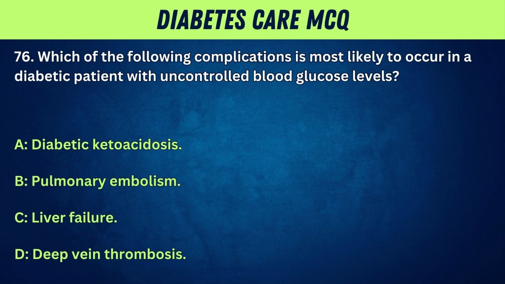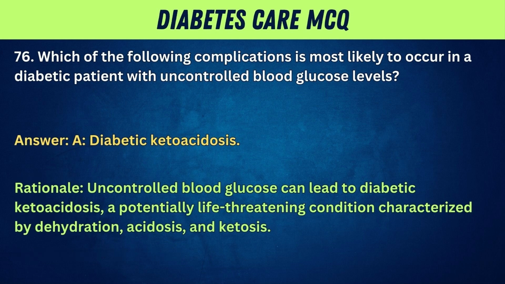76. Which of the following complications is most likely to occur in a diabetic patient with uncontrolled blood glucose levels? A. Diabetic ketoacidosis. B. Pulmonary embolism. C. Liver failure. D. Deep vein thrombosis. Answer: A. Diabetic ketoacidosis. Rationale: uncontrolled blood glucose can lead to diabetic ketoacidosis, a potentially life-threatening condition characterized by dehydration,